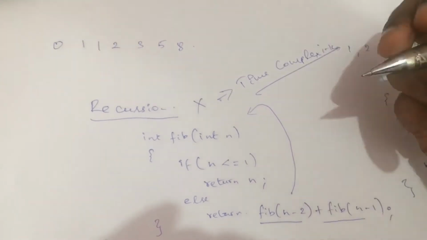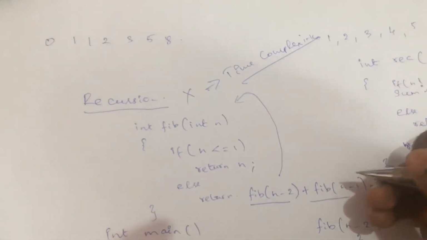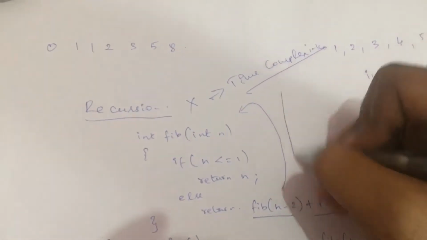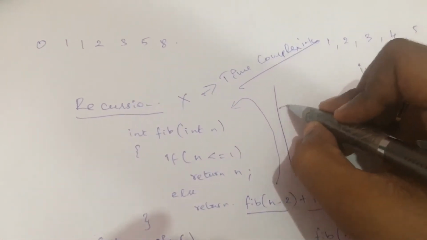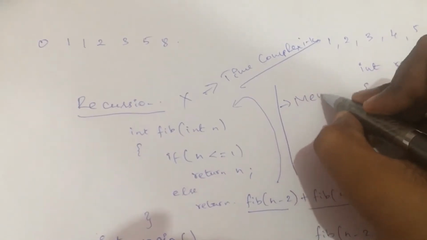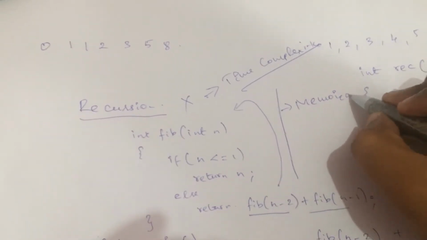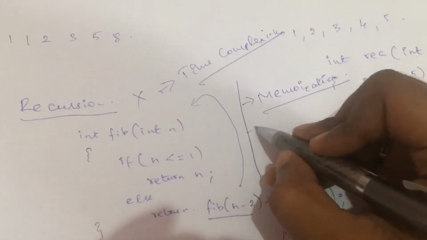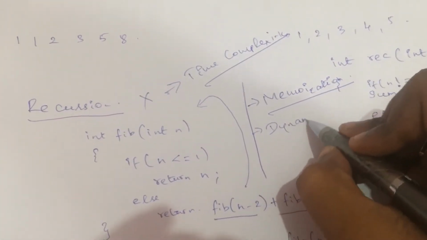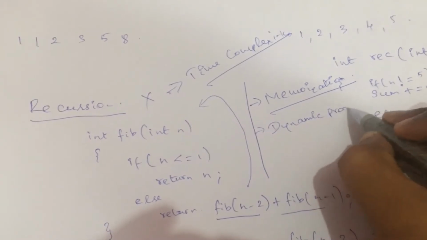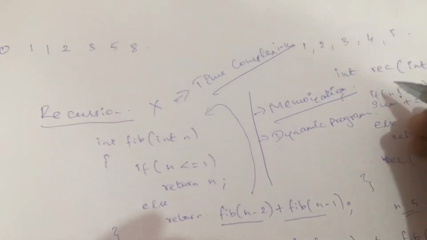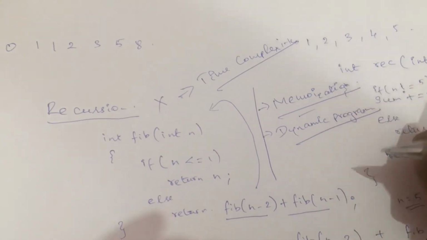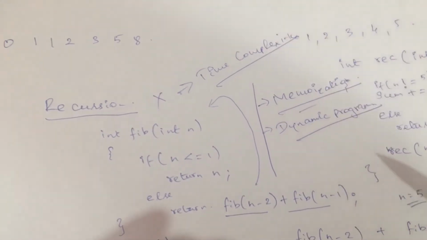So there are some more advanced techniques that can be used under recursion. For example, if I want to reduce the time complexity of recursion, then I can go with two processes. So the first process is called memoization. Right, so first concept is memoization, and second concept is nothing but dynamic programming. So I'll tell you the difference between dynamic programming as well as memoization, right?